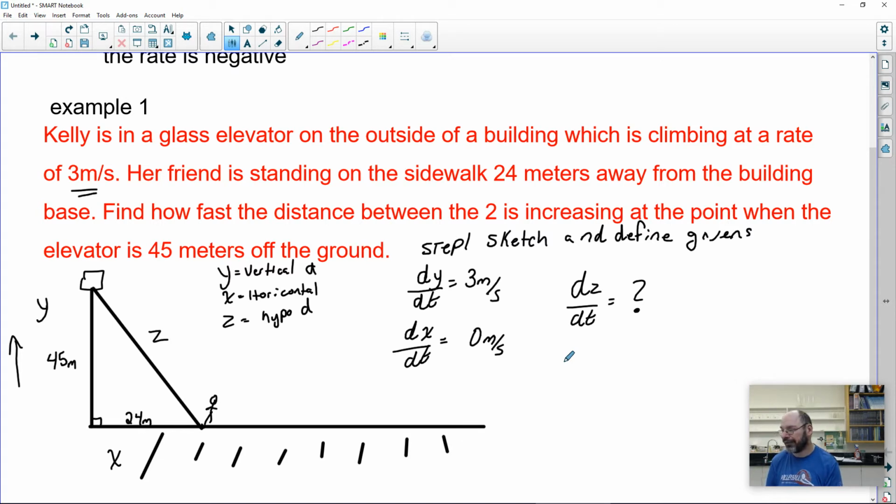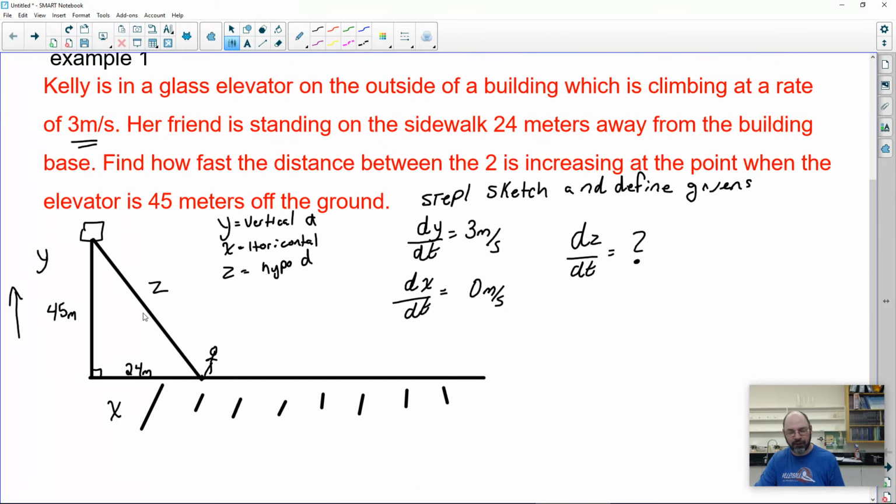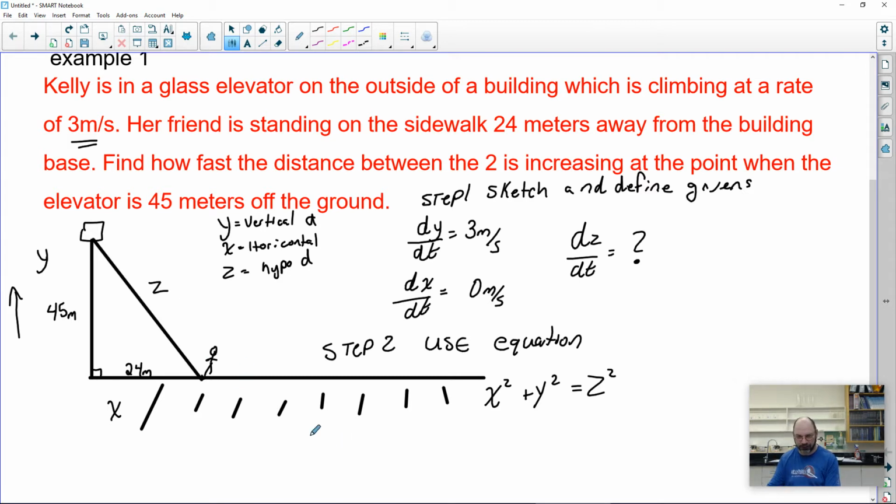So our second step is to now relate the triangle formula between x, y, and z. So step 2, use the equation. So we know that x squared plus y squared equals z squared. So the first thing we have to do is we know what x is and we know what y is. So if y is at a particular time, we have to find out what z is at the moment in question. So find z